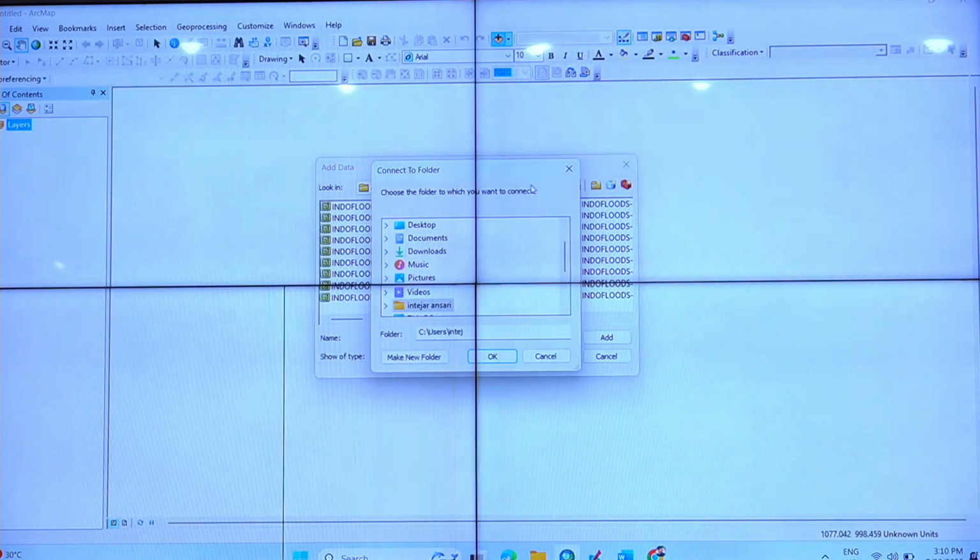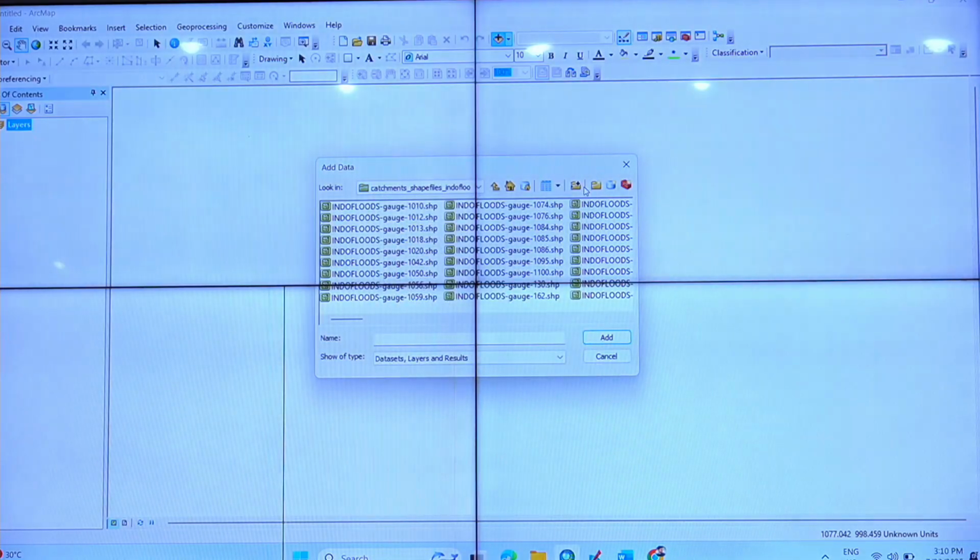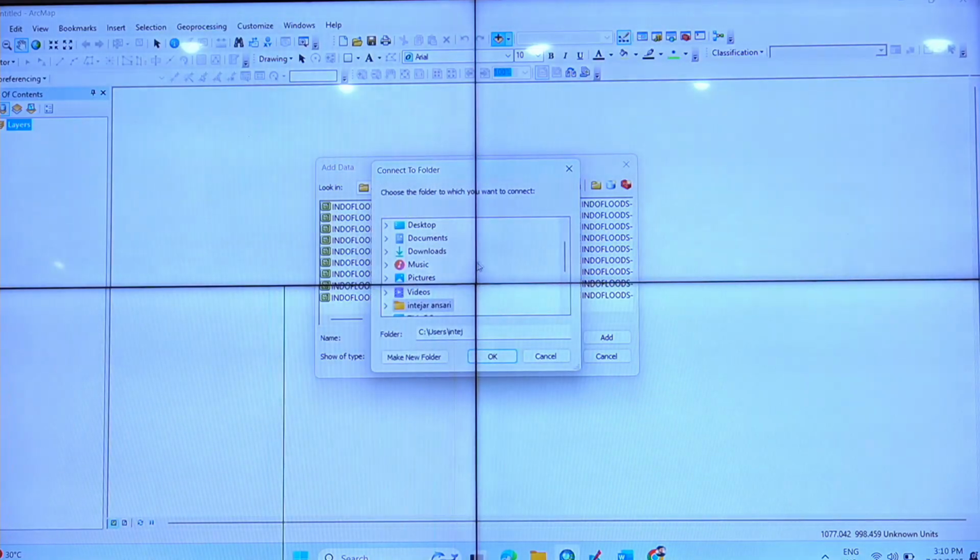Okay, just wait. There is another option. There is a plus symbol here. If you go here, look in, it will not show all the directory. Go to this plus point, and then you'll find the directories here. See, this PC. On this PC, you can go and CD to whatever you have as data. We have data here in the flash drive. I'll select here, and then there is the data here.